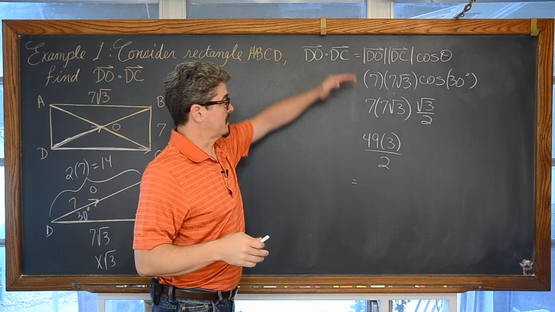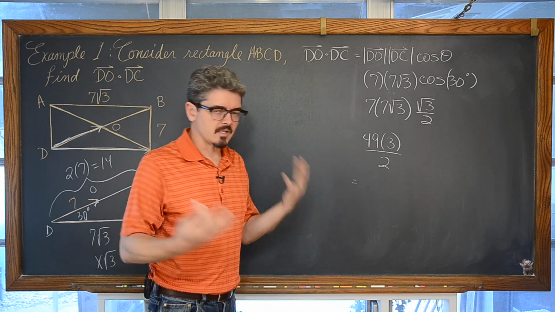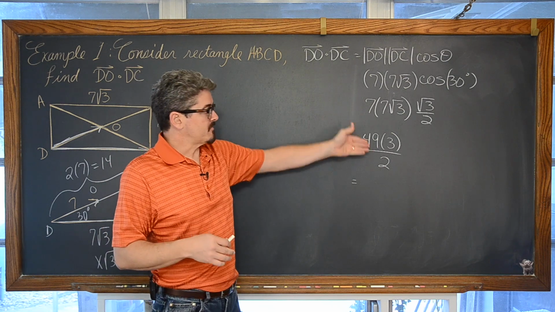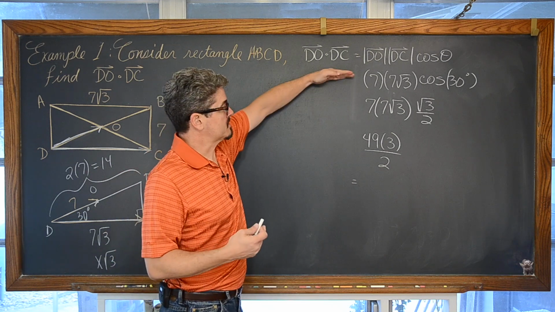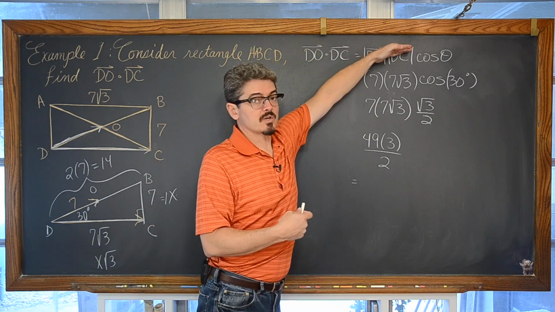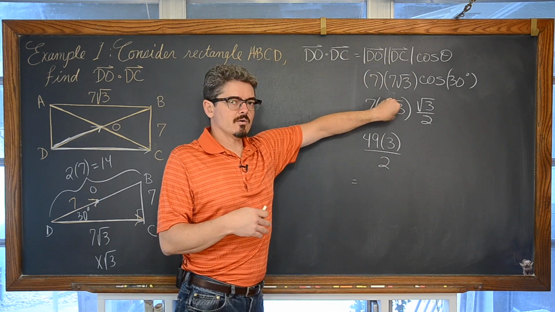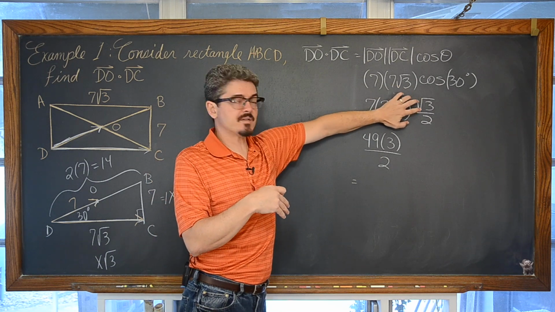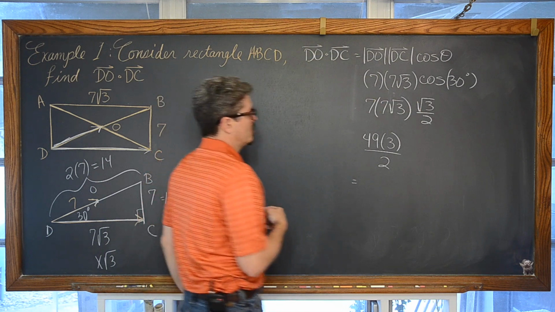It's really a bad idea to write equals next to every line of work. It's probably fine if you're just taking a class and your teacher is cool with it, or just not thinking about the implications of that, because I never did. But if you're going to ultimately take an AP test or IB test, they're going to see that line of work and notice your notation says it's equal to this expression, and equal to this, and equal to this. If you make a small error or just put an equal sign there by habit, and that particular line of work is not equal to your original expression, they're going to call that a linking error and stop grading, and you're going to lose a lot of points.